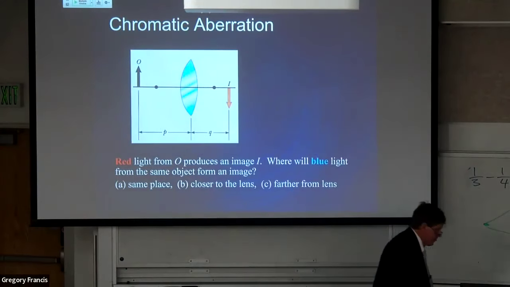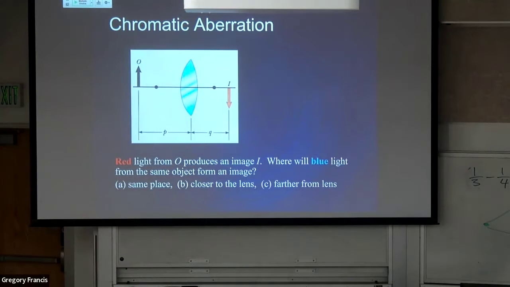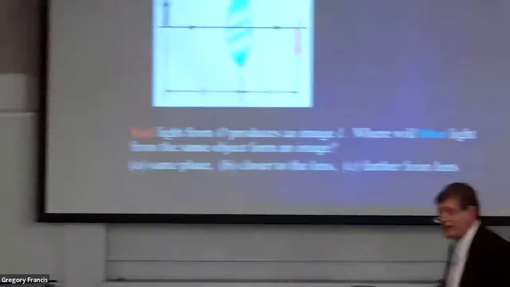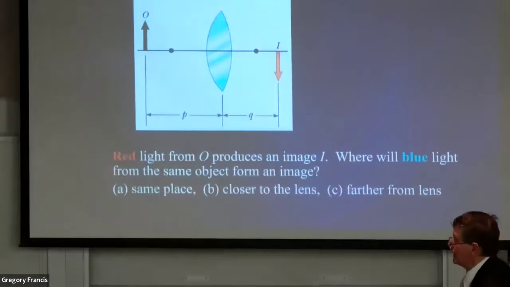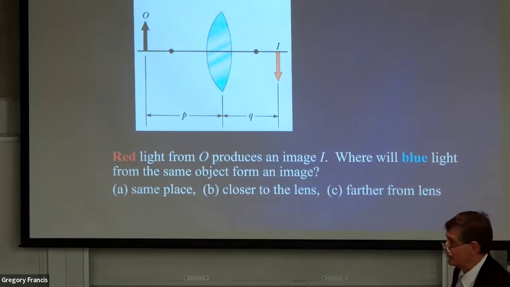Now, let's talk about chromatic aberration. What does that mean? Well, chromatic means color. Aberration means it's just messed up. Now, if I look at all the red light that comes from this object, and notice that it gets focused right here,